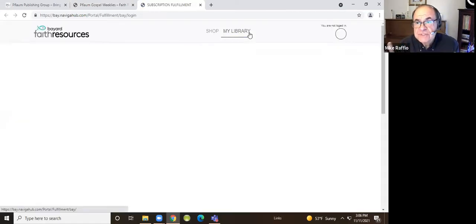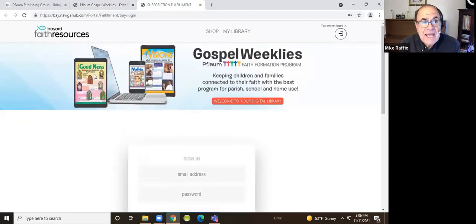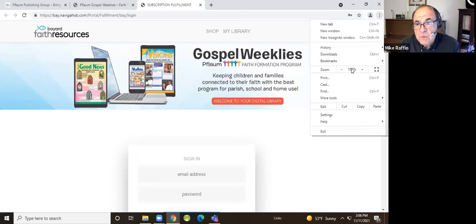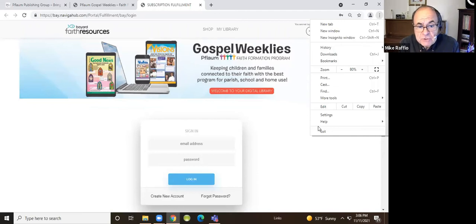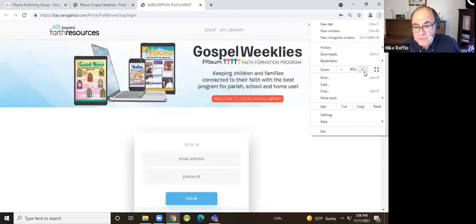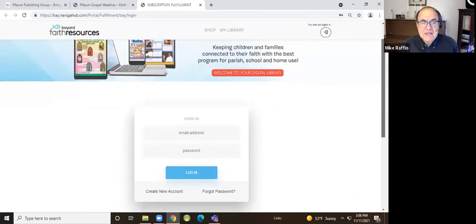So the first thing you're going to do is click on the green button, and it will take you to this page. This is called a portal, and this portal is where you will be able to access the digital editions. Now, you'll notice that you've never been to this portal before. So your first inclination may be, can't make that stay at 90%, Dave? Okay, that's good. Your first inclination when you come here is to create a new account, because that's what you usually do when you go to a website, but you do not have to do that. Since we have your email address, we have already registered you, you have an account, and you have a password.